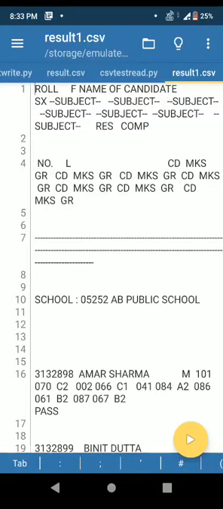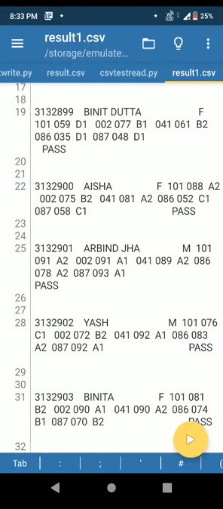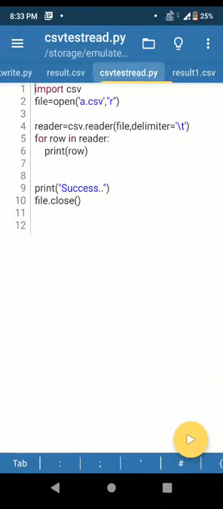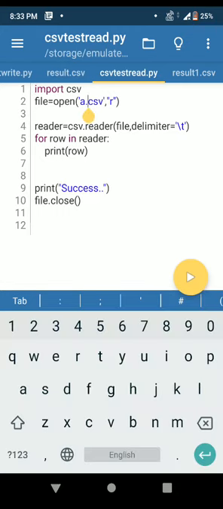Students, this is our third program on CSV file. Here I want to show you CBSE result of a school which is received in CSV format. So in this result you can see records of students are given. Now we'll make a program to read this data. Just in reading program I am using the name of this file result1.csv. My files, Python file and CSV file, both are stored in same directory. That's why I don't have to specify path here.